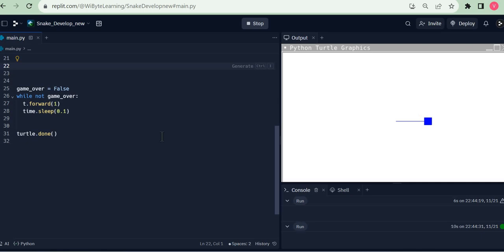We are building the snake game with a twist for the YByte Python curriculum available at www.ybyte.in. Previously, we gave movement to our snake head, which is what makes it move. Now, in this video, we are going to see how we can make it turn because that's an essential part